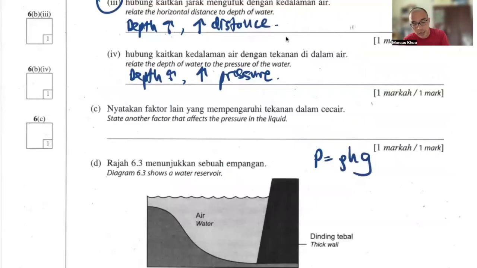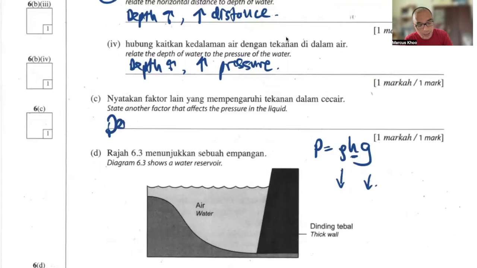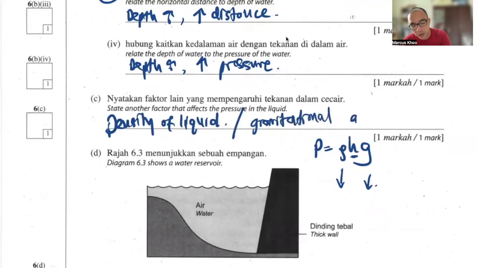So of course one is the depth of the liquid. Notice that the other two are actually the density and the gravitational acceleration. The more popular answer, of course, will be the density of the liquid. Different liquids will have different density. The bigger the density, of course, you have a bigger pressure. A less popular answer will be the gravitational acceleration, especially if you are only conducting the experiment